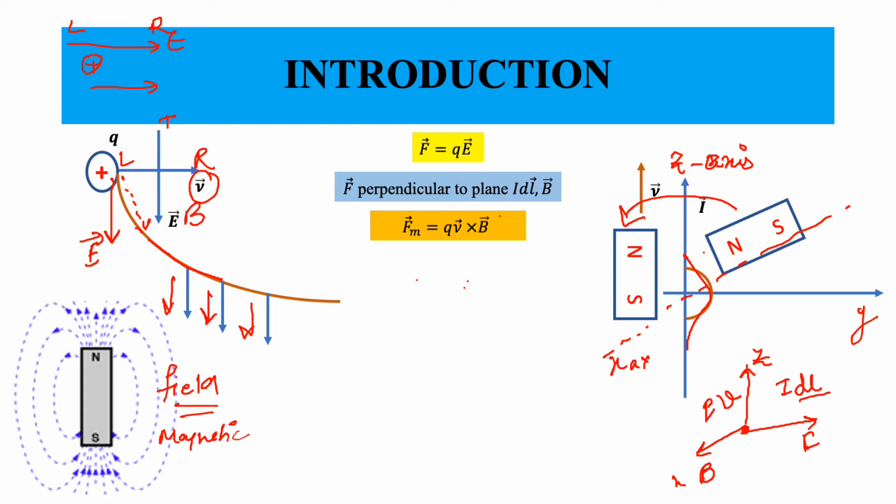So the force experienced by a single charge in the presence of a magnetic field generated by a magnet is qv cross B. In terms of a current-carrying wire, it would not be the full magnetic force, but the infinitesimal amount of force is equal to I dl cross B, assuming B is essentially constant.